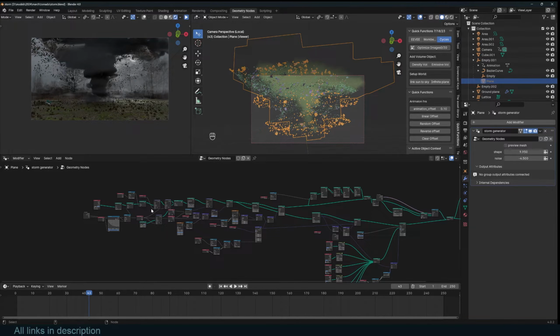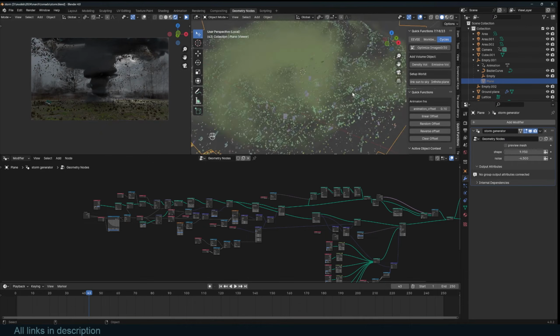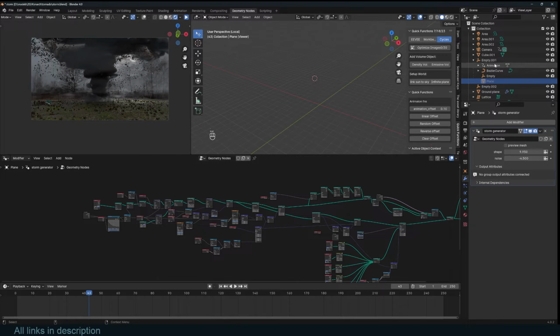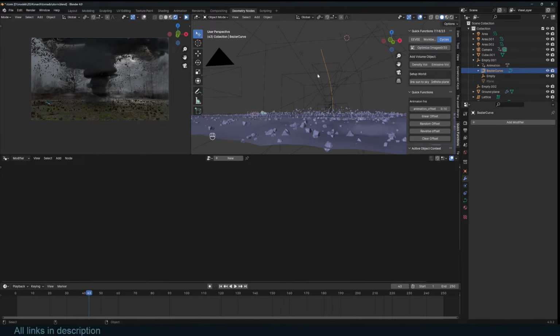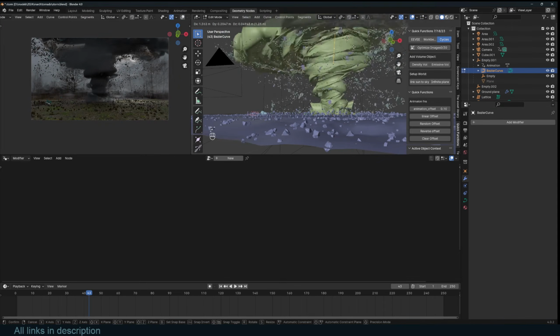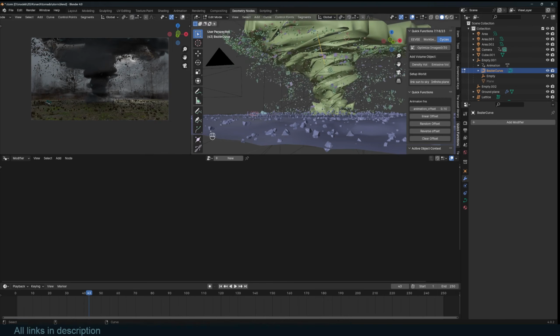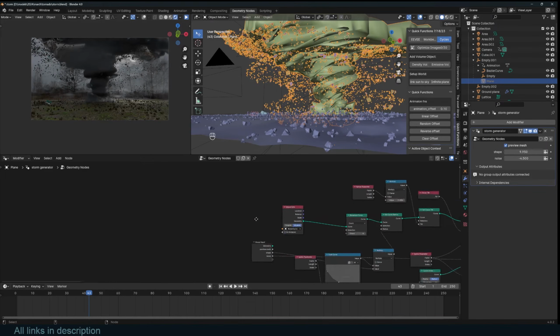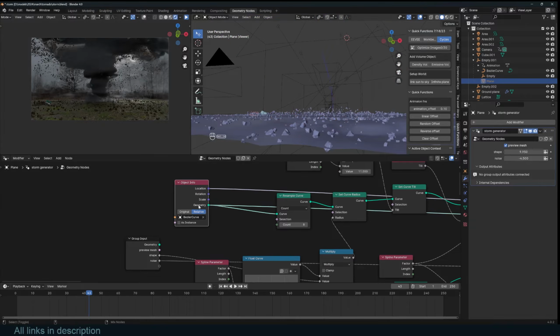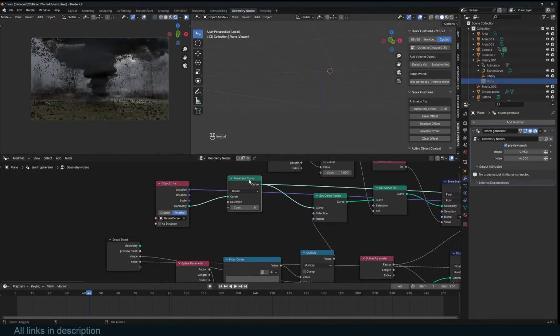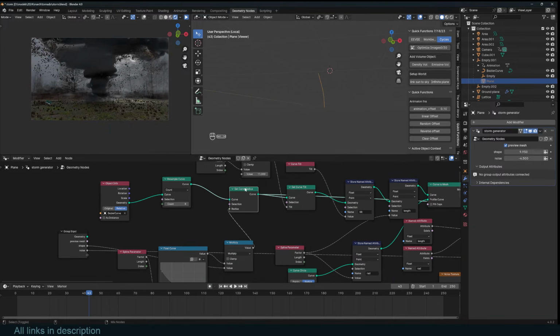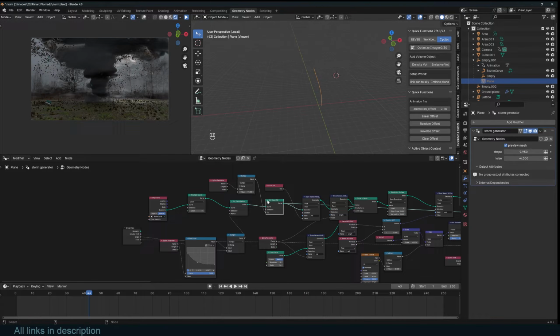But after we have gone through the different things that we are doing, you will know why we're doing it. So the first thing I did when I started the project was create this curve here that I used to control the tornado. You can see I can change the direction of the tornado just like that. I import it into geometry nodes here as a curve, and resample it to add more vertices. I set the radius, set the tilt, that is just the twisting, but you don't see it until I turn